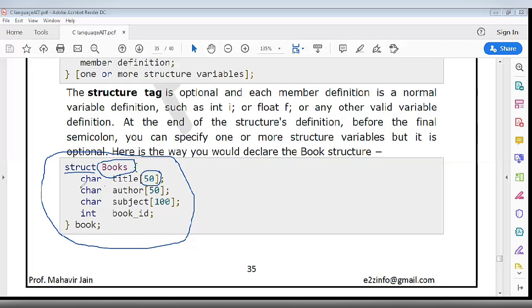The thing you can see from here is that the structure has character and integer data, so we can accumulate different data types into a single object, that is the book. Here we have declared one object, book. Like that we can have different structures for different objects.